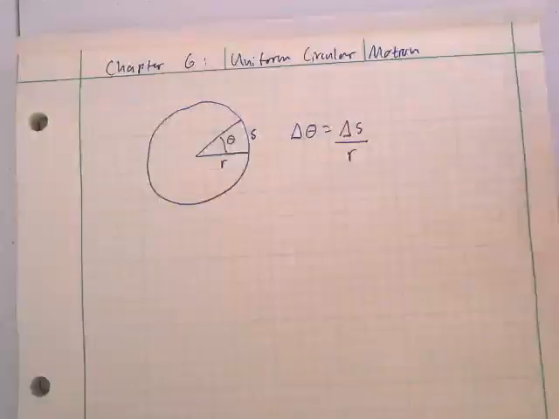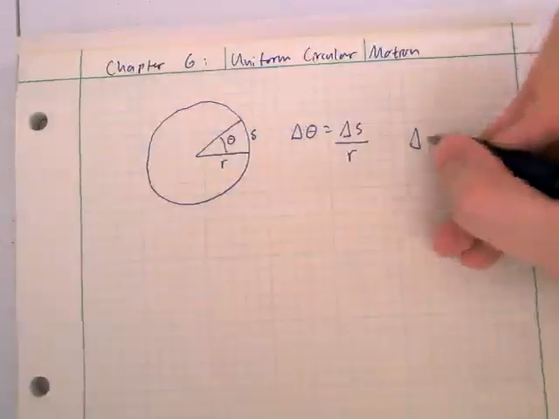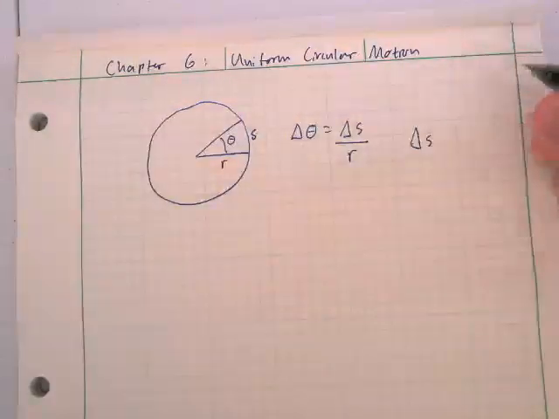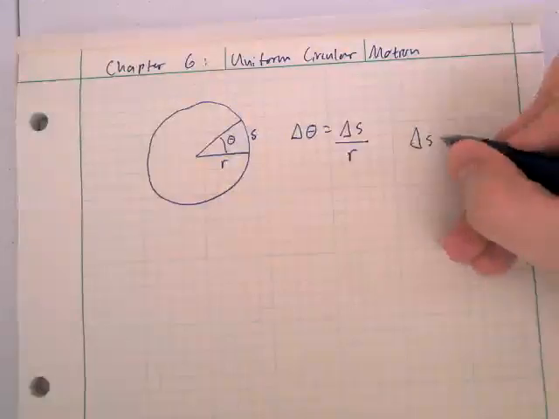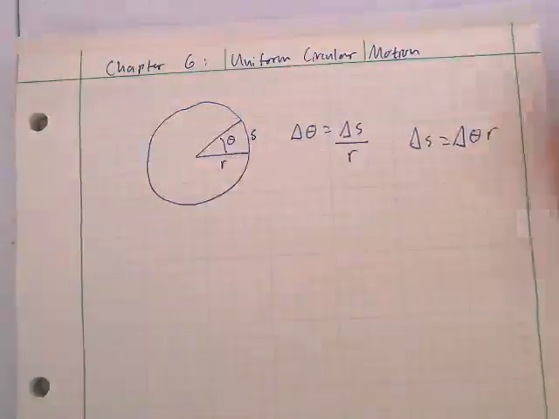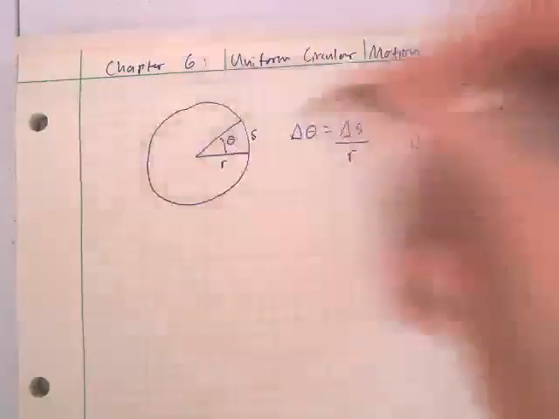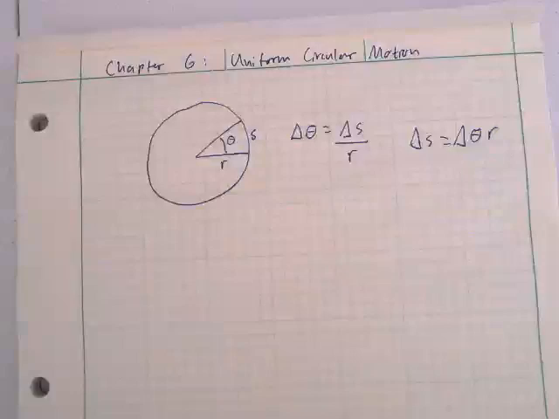We already have our angle in radians. You can solve for this arc length very simply. You don't have to worry about any sort of weird conversions with your degrees or anything like that. You just say delta S equals delta theta times R. The angle in radians times the radius of the circle gives you the actual physical length that you have traveled